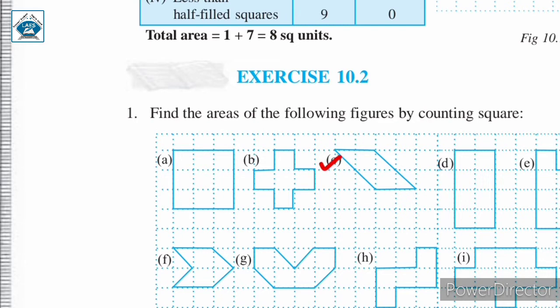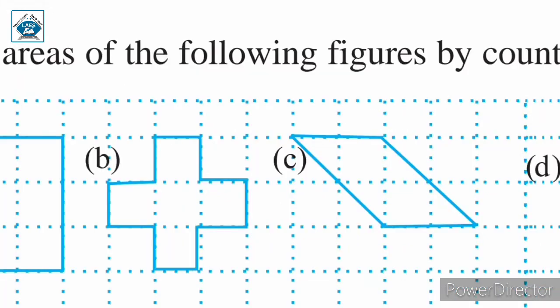Next, in this figure, it occupies 2 complete squares. As we can see over here, 2 complete squares को ये occupy करता है, लेकिन यहाँ पर half squares can also be seen. Zooming into this picture, we can see that this is one full square और इसमें से जो area occupy किया है वो सिर्फ half है. So we have full squares and half squares in the third case. So यहाँ पर full squares is 2 and how many half squares are there? 1, 2, 3, 4. तो 4 half squares हैं और 2 full squares हैं.